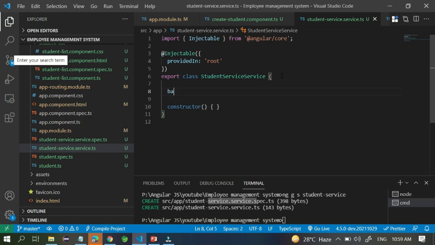So take the base URL, so maybe http://localhost:8081, whatever port number he has given to us, and one more thing he has given, like student. Okay, so this is our API base URL. And once you configure the base URL, you create one method, and the method is called something like addStudent, and